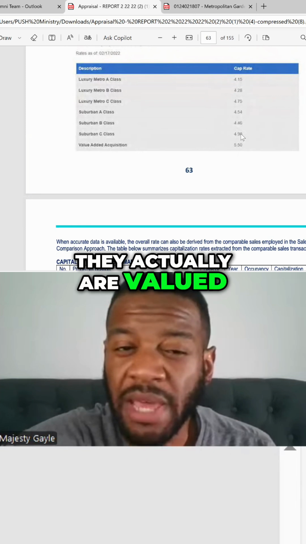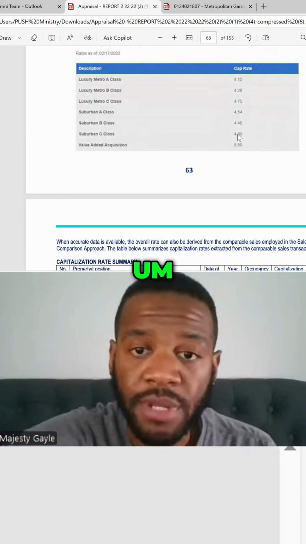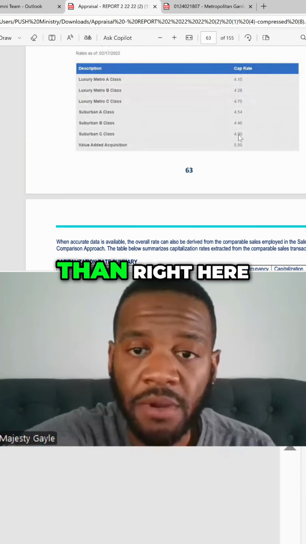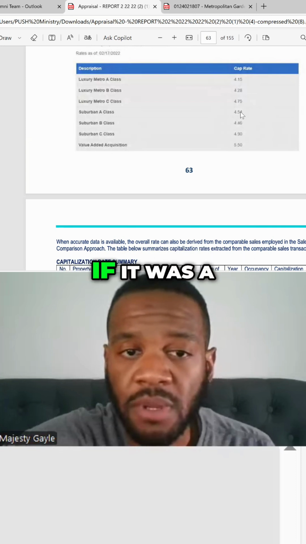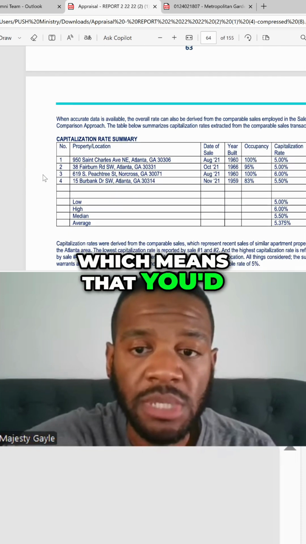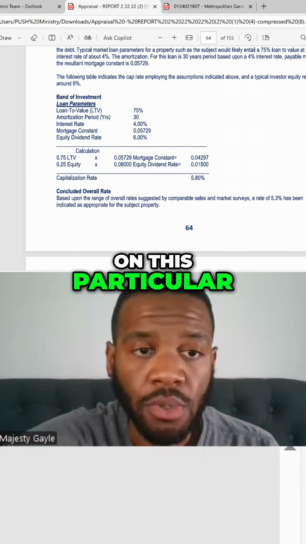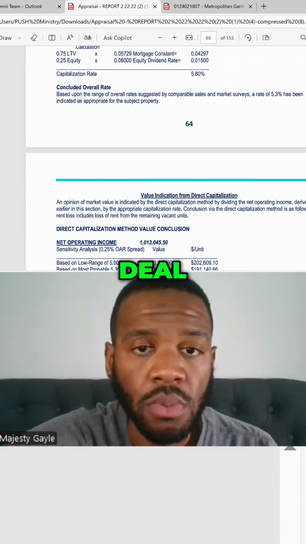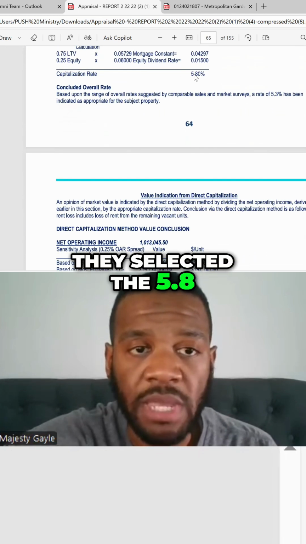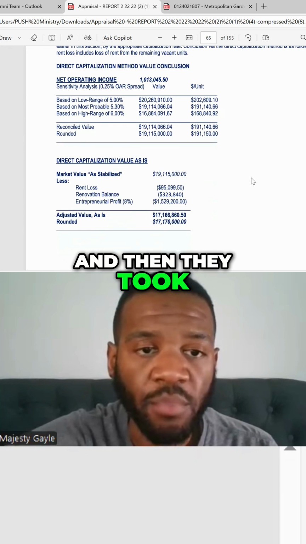So the properties actually are valued a little less because of their location. So the cap rate is a little higher than right here. You get the 4.9. If it was A class, it'd be 4.5, which means that you'd be able to sell your property for more. On this particular deal, they selected the 5.8 cap rate,